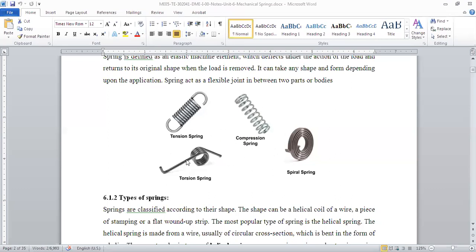Torsion spring, where have you seen the torsion spring? Like the third one, where are you seeing it? Different kinds of springs have different applications, I heard, and they have different types of stresses in them. We'll talk about it. What are the different stresses?